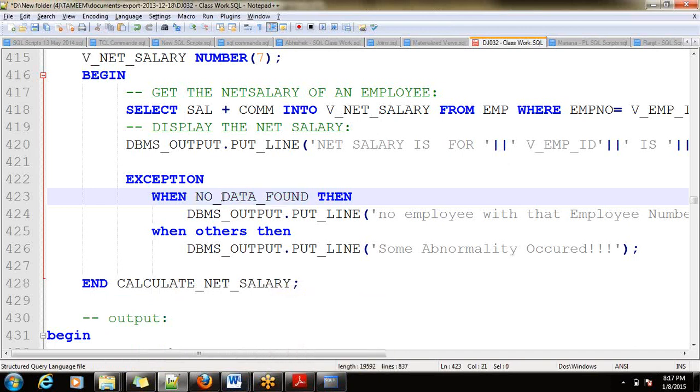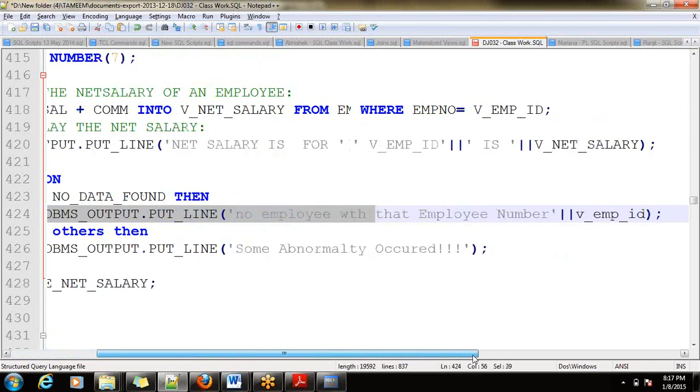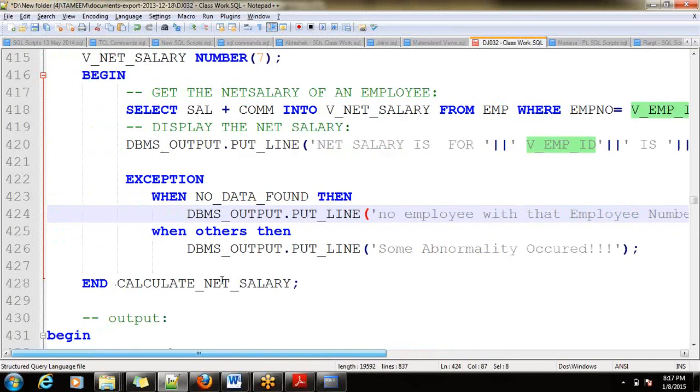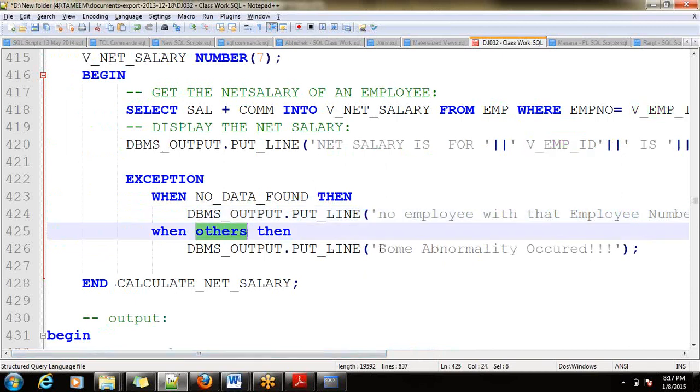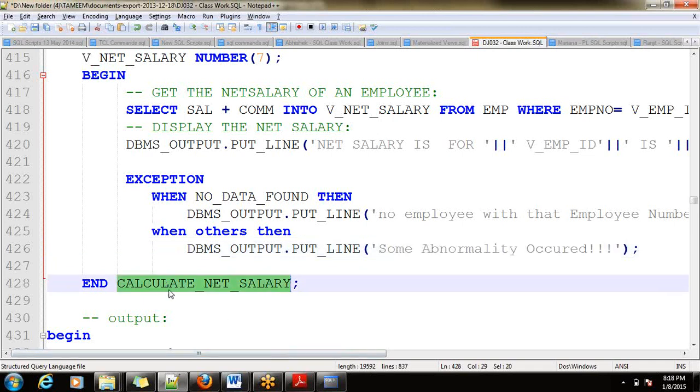When no data is found by the select statement, that is what I am handling. No employee with that employee number exists, and I am going to display the employee ID. When others, if no data found does not match, then display some message, some abnormality occurred. Then end the procedure.